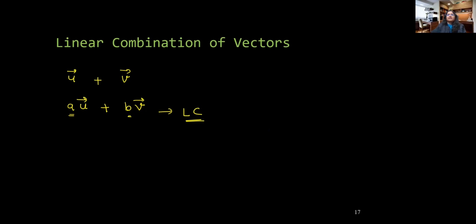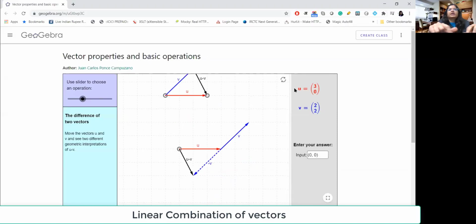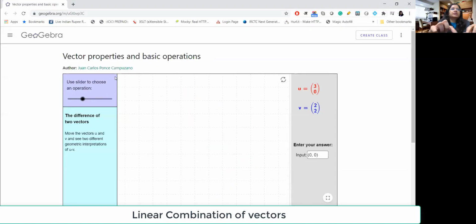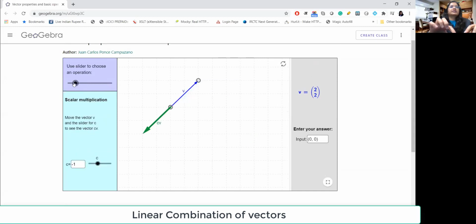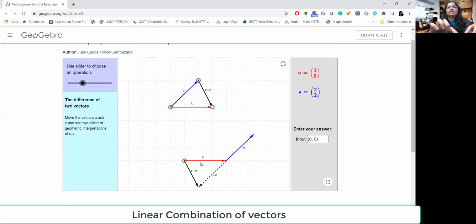So instead of drawing it in 2D here, I would like to show you the animation. So here we are back to the web applet. Thank you to the author who has created this applet on GeoGebra. Now we have seen that we have done the sum of vectors here. This was the scalar multiplication, difference of vectors also. I have left this for you to do as an exercise, u and v. We are doing minus v in the opposite direction, and then we are adding finally to get u minus v. And you can always verify your answer.